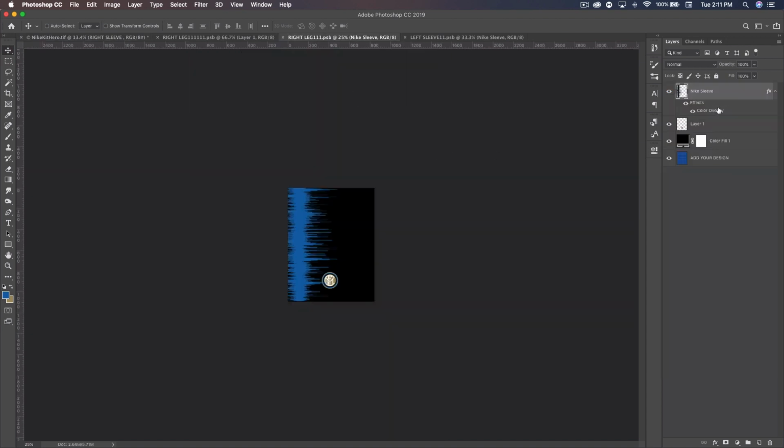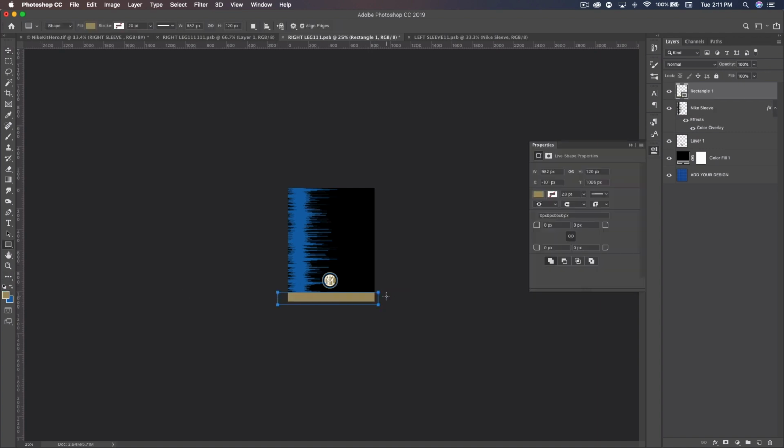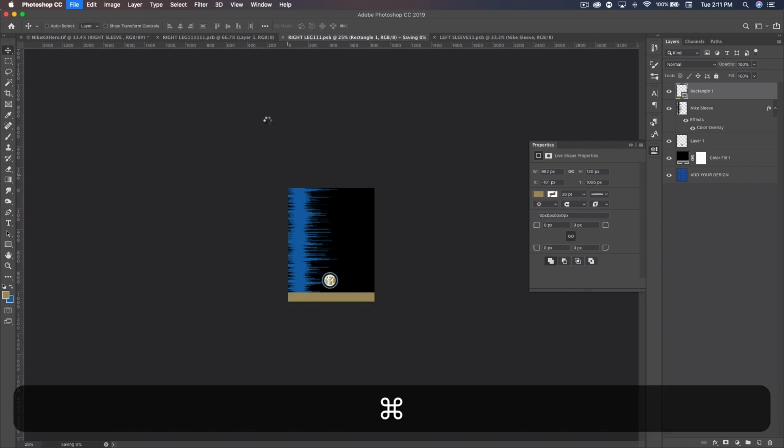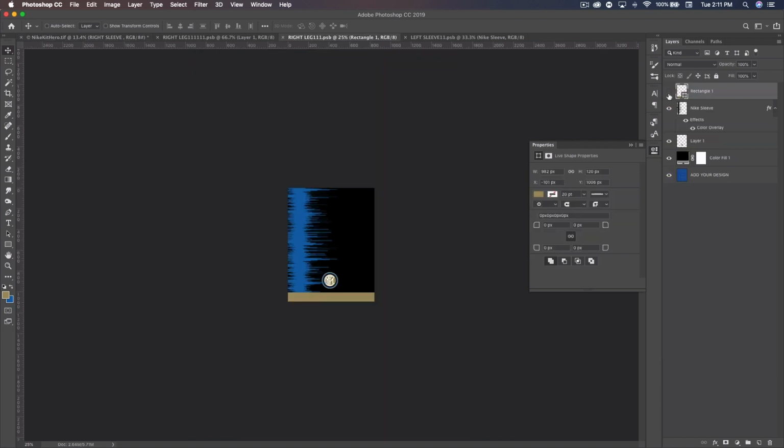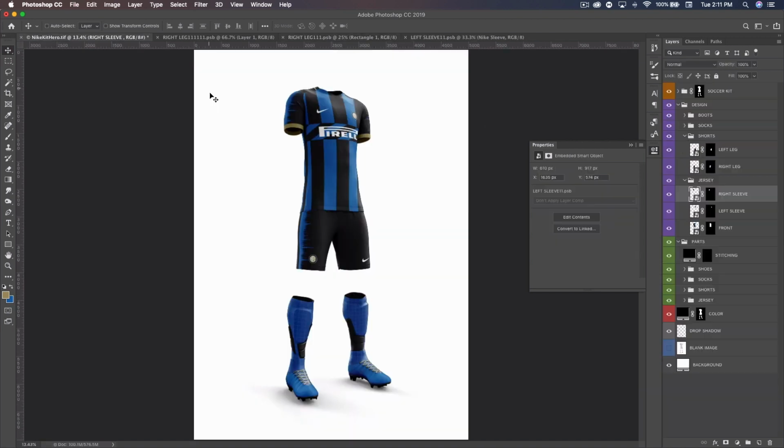And you can also add the trim at the bottom. So I did the trim on the sleeves. I could do the same thing with the shorts, maybe add a gold trim. Boom, you have a nice gold trim. I'm not a big fan of that, so I'm going to hide it and move on to the next design,